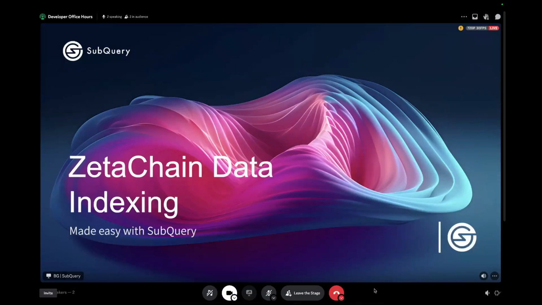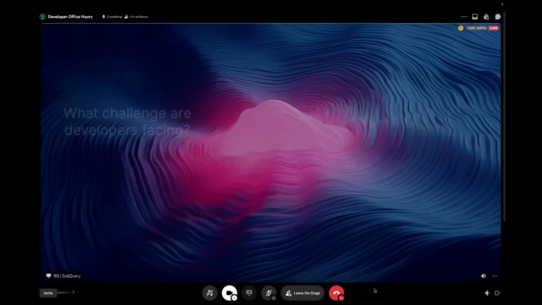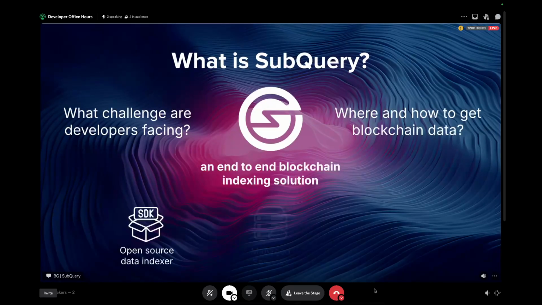With a theoretical part of things, let's say. We're going to have this workshop essentially split into two parts, a theoretical one and a practical one. Generally, we're going to start by answering what indexing is and what SubQuery is